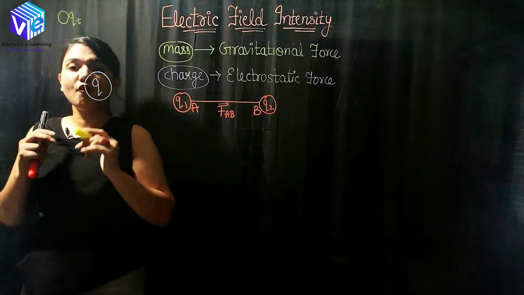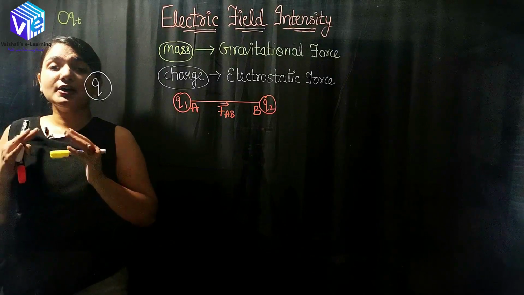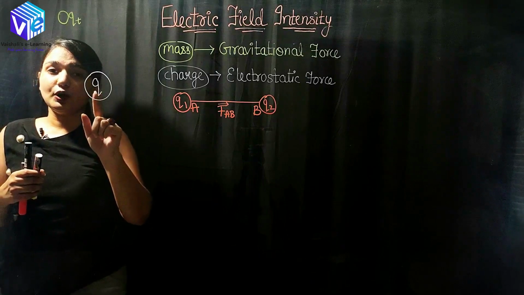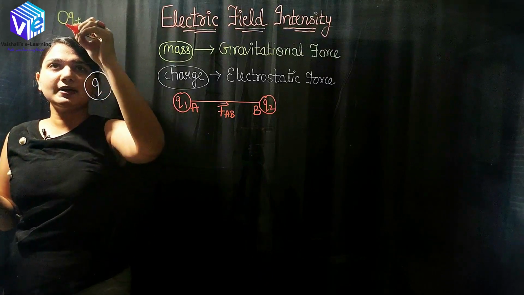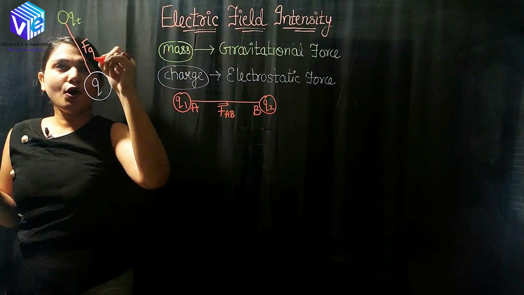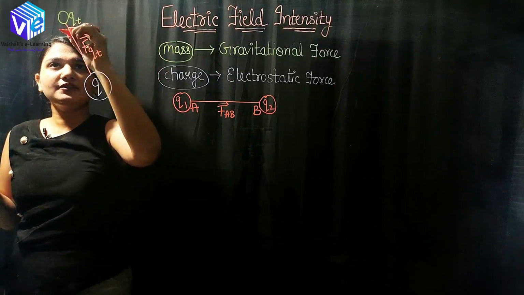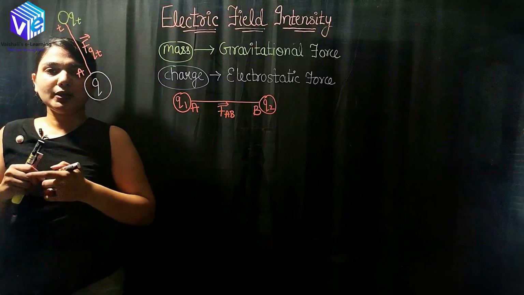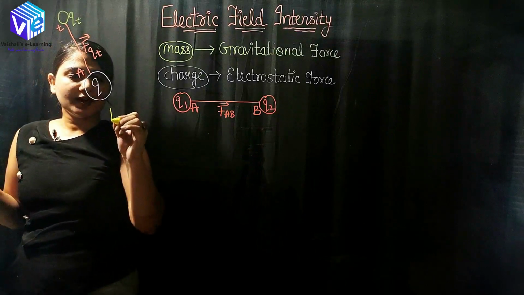The test charge will follow some properties. The first property of the test charge is that its charge is very small, so that it will not disturb the electric field of the charge Q. If I place the charge QT such that it is not disturbing the field of Q, then I can compute the test force due to QT. If this is T and this is A, the test force FQT will be along the line AT. So what will be the test force?